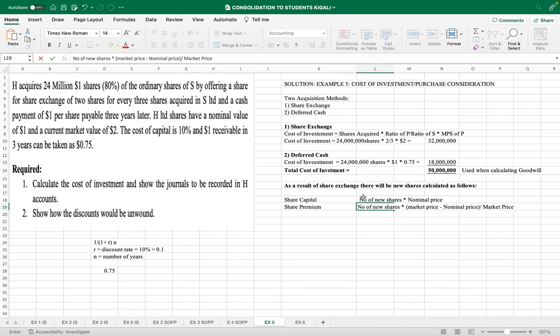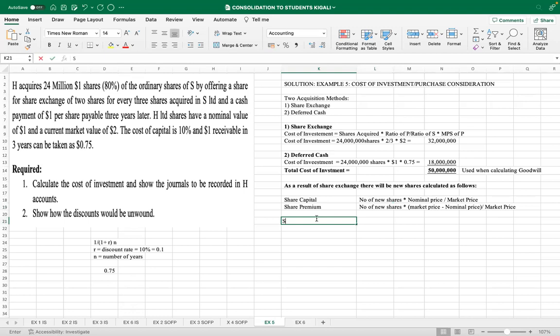Even this first one, it was supposed to be divided by market price. Nominal price divided by market price. So in order to get the share capital and what goes to share premium, let me start with share capital so that I explain what I'm talking of. We already know the value of cost of investment using share exchange. We know the value is 32 million. So we can take 32 million